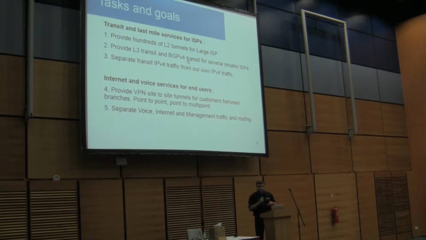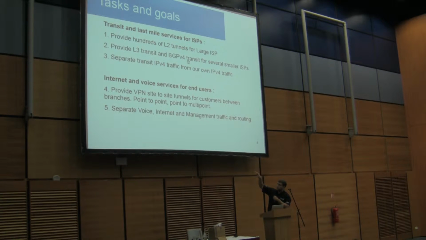Before we started to implement MPLS, we had several tasks and goals. I can divide them into 2 parts, the bold texts. The first part is to separate somehow transit and these last mile services, which we provide for our partners who are not our end users, but other ISPs. So we need to provide hundreds of layer 2 tunnels for the last mile service. We need to provide layer 3 transit and BGPv4 transit. And we need to separate this traffic, separate the routing and everything, so we'll separate it from our own customers. And the second part